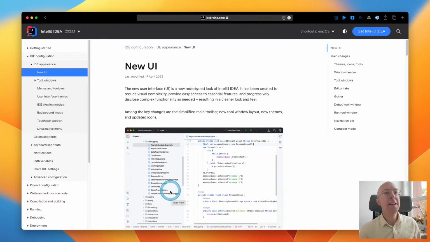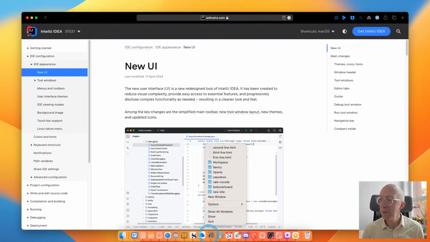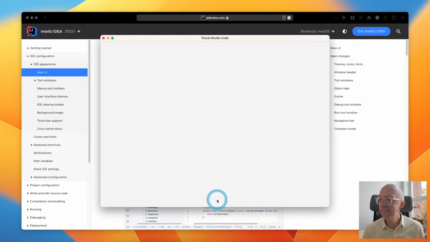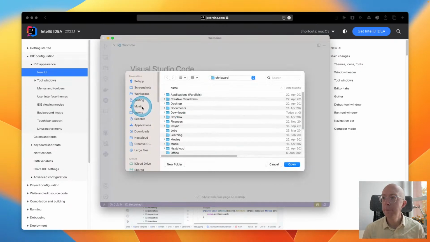I think it's only fair to maybe do a little bit of a comparison between VS Code and IntelliJ here, because that's what I'm going to be making the comparison to personally. May not be what JetBrains wants me to do, but I will do it so I can make the comparison. So let me think of a good project. I might go for my new website because I moved things around a bit recently.